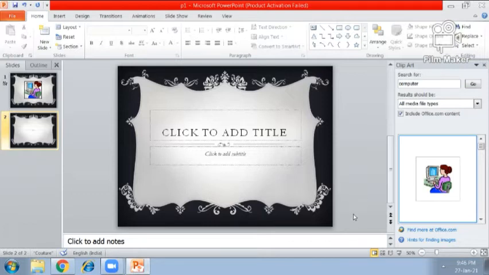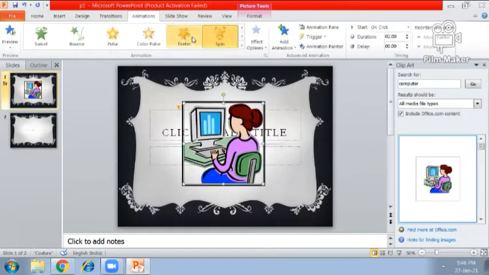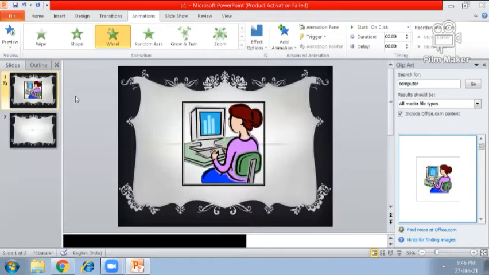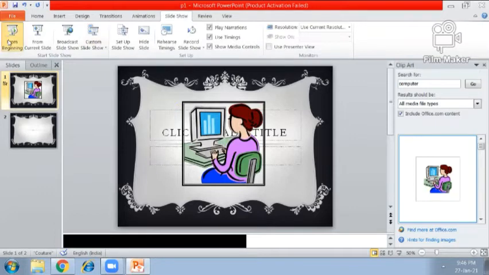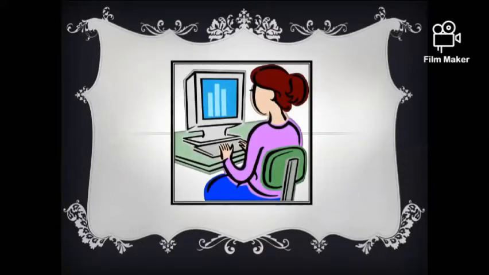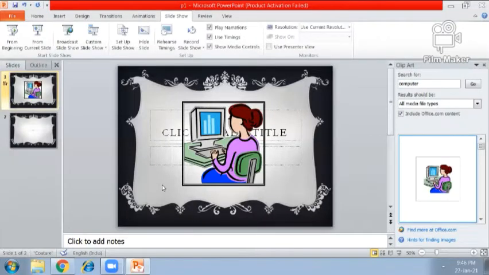F5. Okay, with the help of F5 key, you can start your slideshow, and from the slideshow tab, you can start your slideshow. But first, you have to insert some animation to your file. Okay, like this. Animations are available in animation tab, and now in full screen view, we have to click on slideshow button like this. Now you can see that your picture is on full mode. Okay, all these things we have done in our previous class.